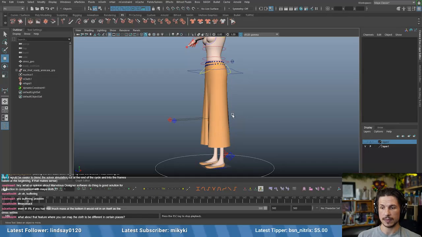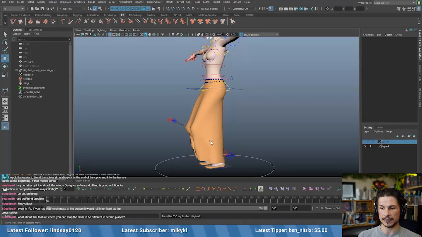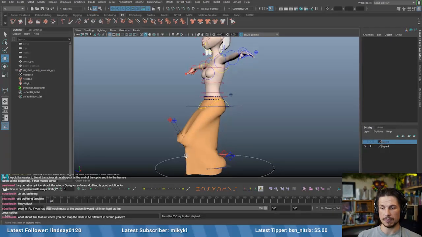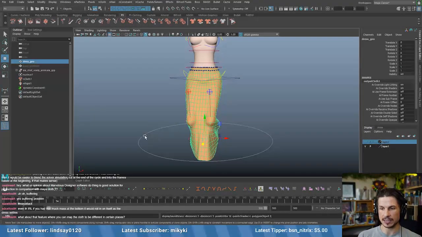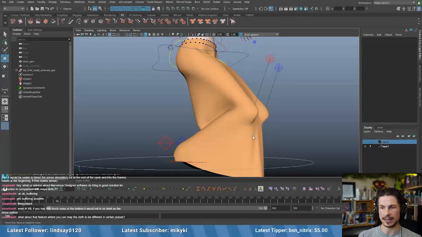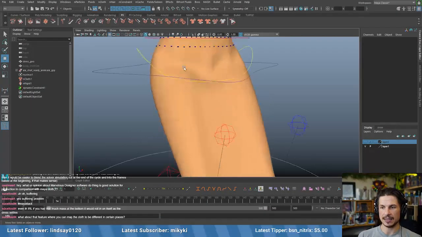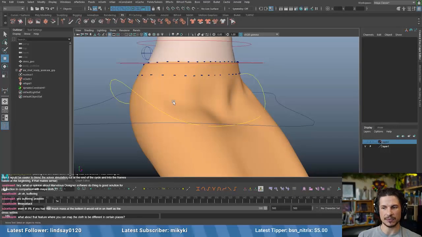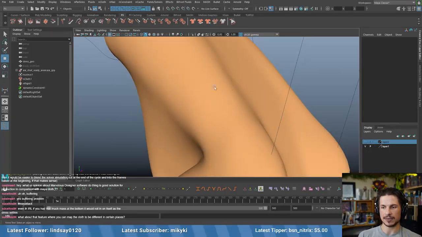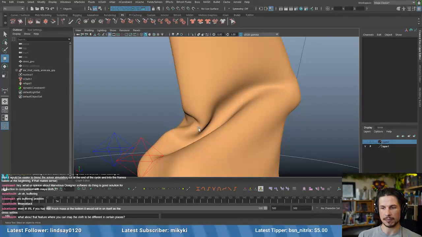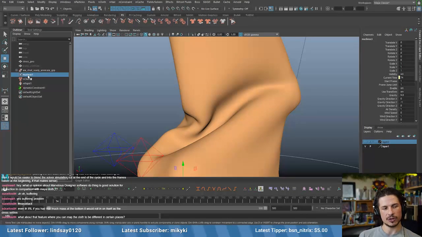Comes down. Now as the character bends, look at that. We get a much nicer deformation. Now here it's going to look really bad because it's in low res, but when I increase that, look at that. We get this nice fold right here at the start of the dress, right near the legs. We get the feeling of the contour of the legs down here. This nice folding back here. It feels so much more